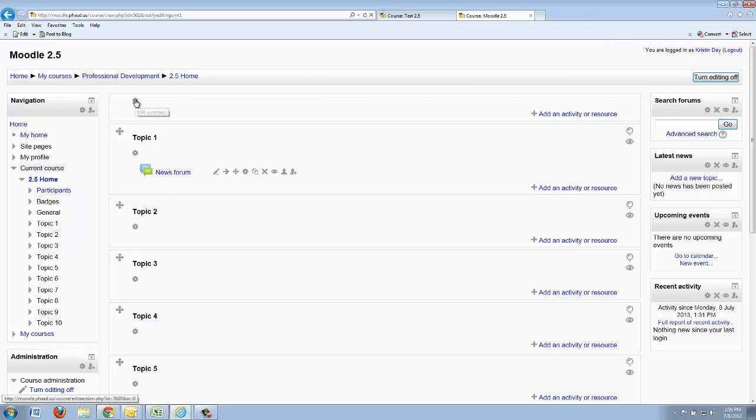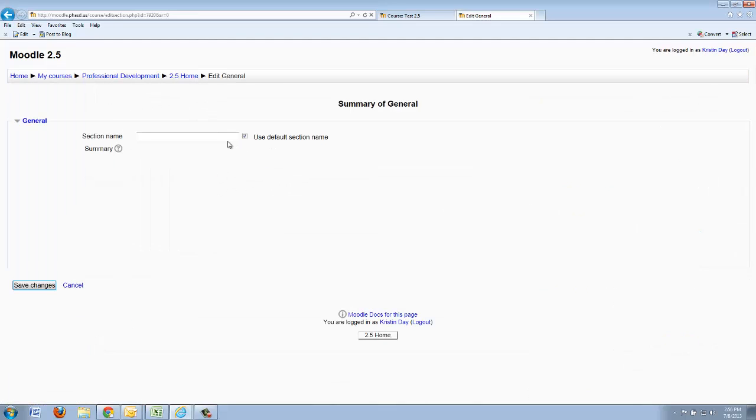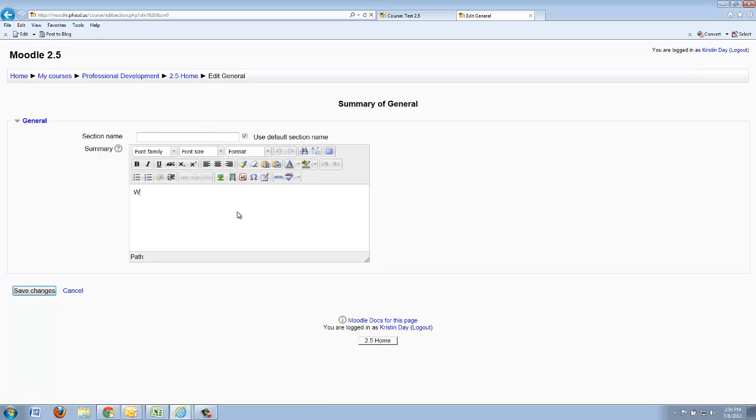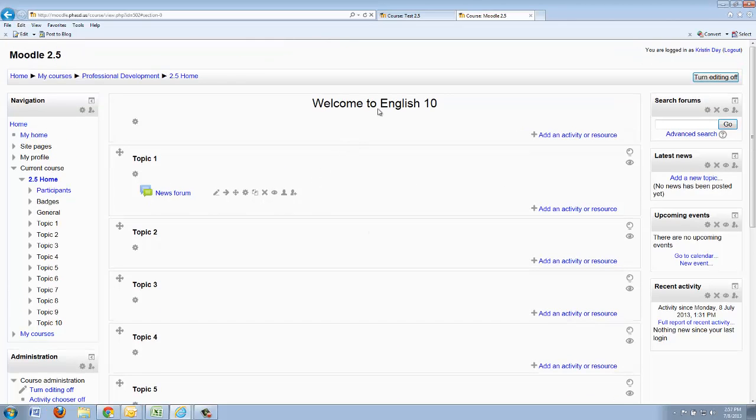Or up here you see the gear because this is like your welcome area to your course. So this way you would be able to put kind of a welcome message in there and add a picture, and a lot of times teachers like to put in their contact information in that area, and we'll be discussing that more at length. But if you need to go and make any changes to that, it's always that gear to update the